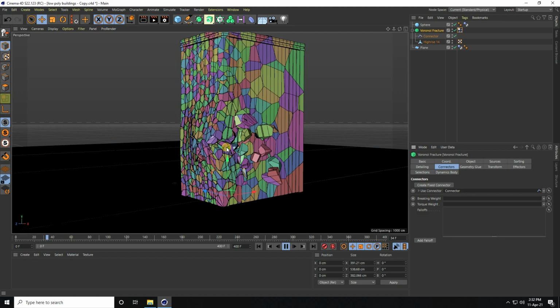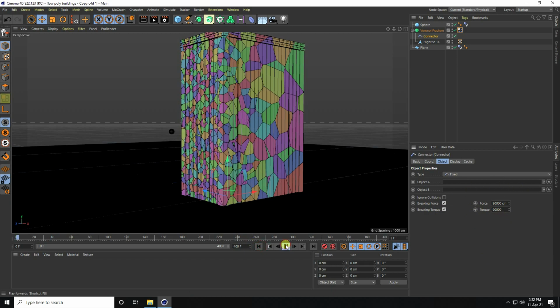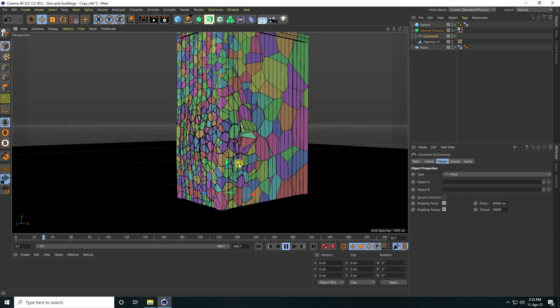Now you can increase the connector strength. Go to connector and change the force from 4 to 9, and increase more like this. That's my force. Play again. That's really a realistic effect, right?